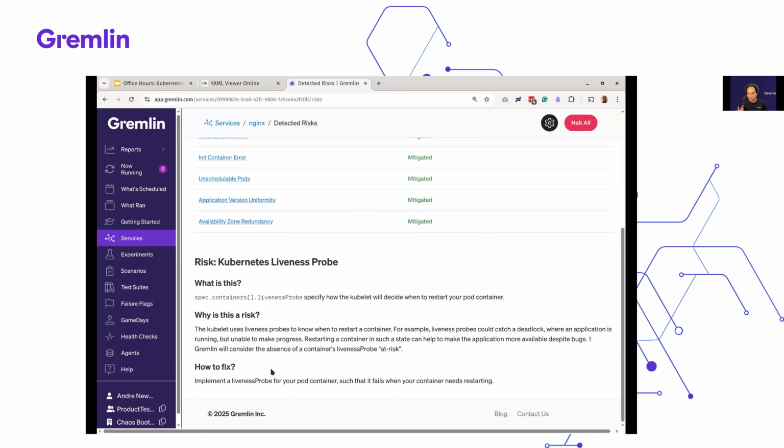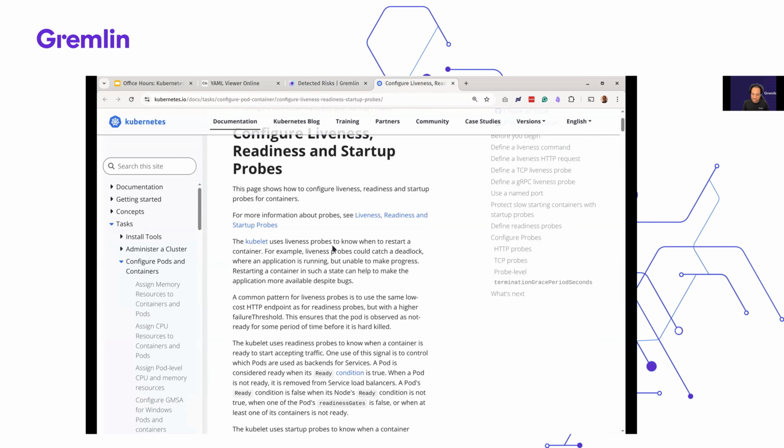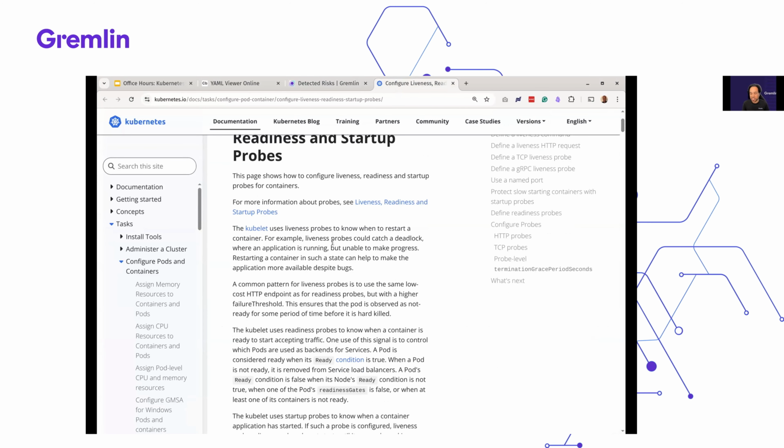And in some cases, we do link to the original documentation. So you'll see a lot of links to the Kubernetes documentation here. I don't think there is, actually, sorry, there is one here. It's just a little difficult to see. But you can just come here, click on that, and just get immediately referred to the documentation that tells you